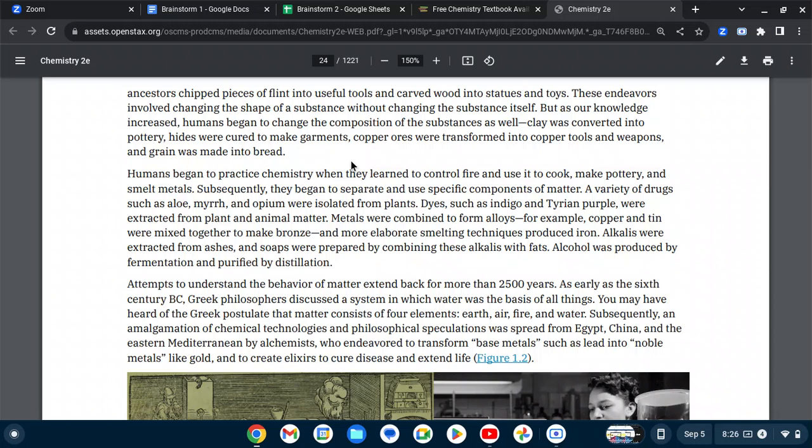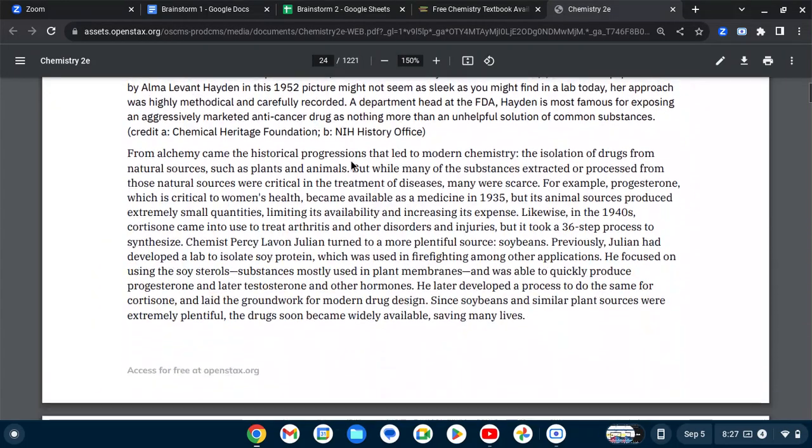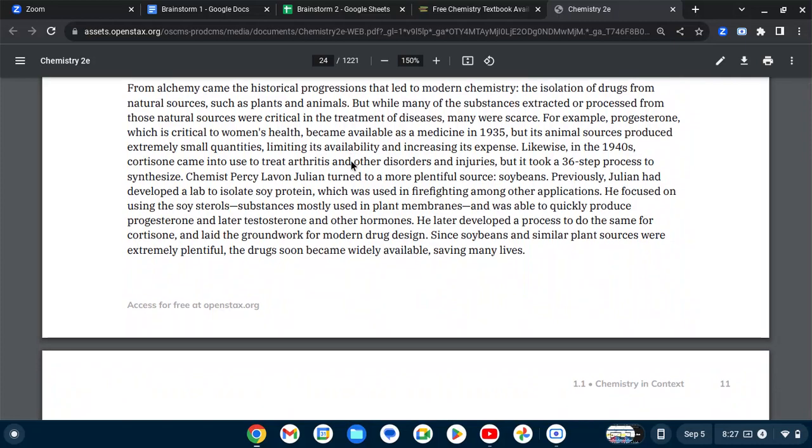Attempts to understand the behavior of matter extend back for more than 2,500 years. As early as the 6th century BC, Greek philosophers discussed a system in which water was the basis of all things. You may have heard of the Greek postulate that matter consists of 4 elements: earth, air, fire, and water. Subsequently, an amalgamation of chemical technologies and philosophical speculations was spread from Egypt, China, and the Eastern Mediterranean by alchemists, who endeavored to transform base metals such as lead into noble metals like gold, and to create elixirs to cure disease and extend life. From alchemy came the historical progressions that led to modern chemistry,